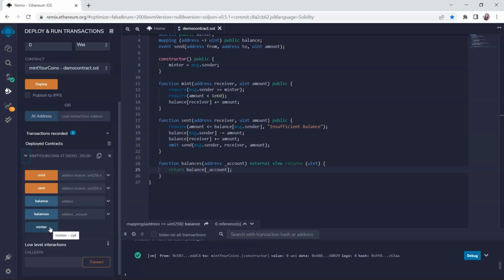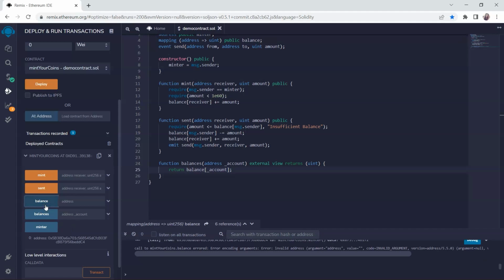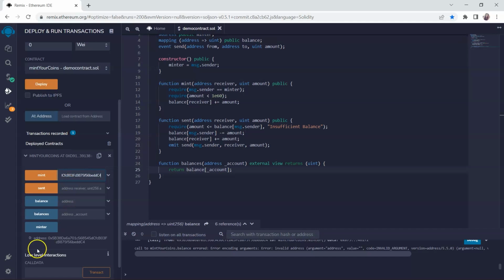So when you click on minter, it will generate an address, the current user's address. So just copy it. So once you have copied, you can just click on balance. So here you can see you're getting an error because right now you have not transacted any amount of coins yet. So we'll just paste the address here